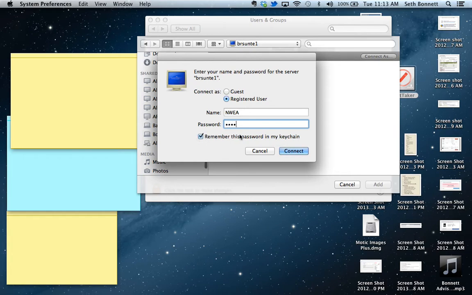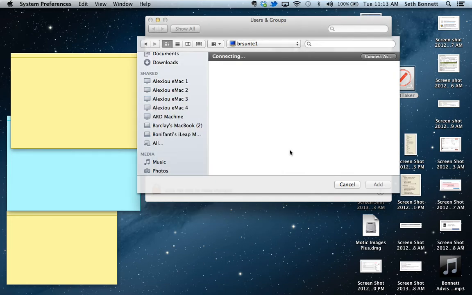Make sure you click remember this password in my keychain. That means that it will always remember and always try and log you in. I hit connect, and what that is going to do is allow me to come into that server. If I click on the NTE data,